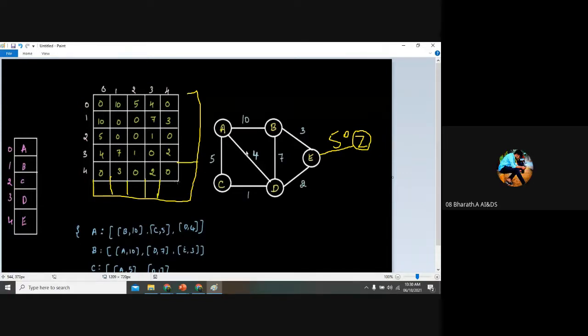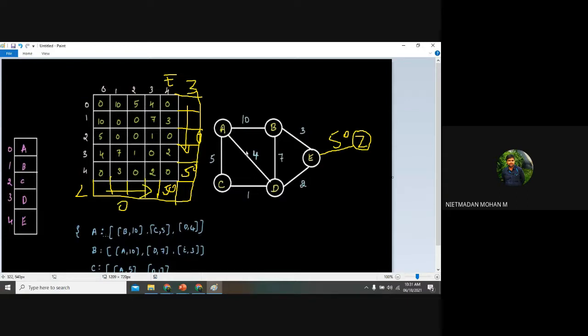In this weighted graph, we have not given any directed or undirected symbol, so it means it will travel along each edge, so it will take both edges. So E to Z it will be marked as 50. And Z to E here also it will be marked as 50. And the remaining elements will all be 0. Clear?